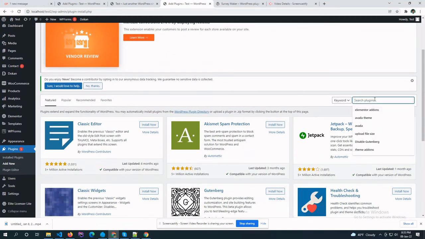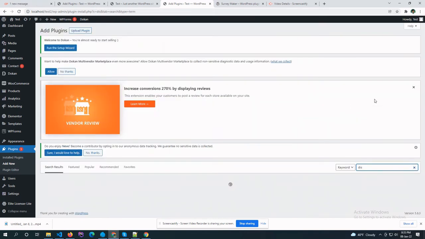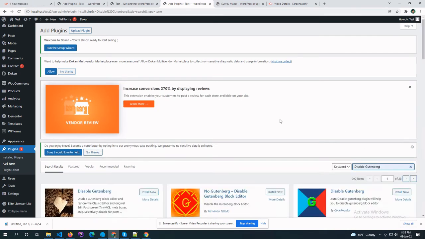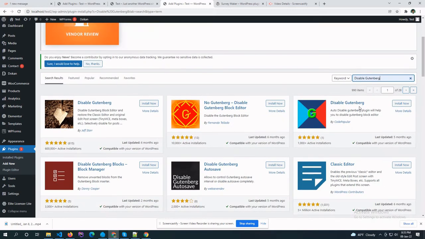I have added this functionality to my plugin Disable Gutenberg. If a user installs this plugin, then I am able to suggest my other plugin in the user dashboard.